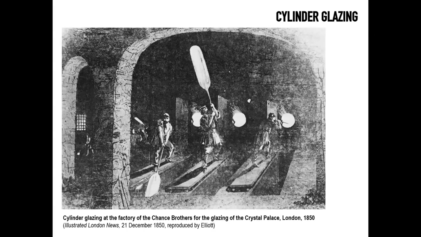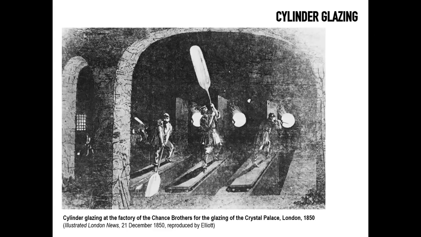However, the mastery of cylinder glazing became renowned because of its application in a building that we'll discover soon in the next presentation, which is the Crystal Palace of London, used for the famous exhibition in London in 1851. Now, the cylinder glass used for the Crystal Palace was produced in England. However, the factory that produced it, the Chance brothers, borrowed the technique by drawing on expertise coming from France. However, the Chance brothers improved the system by turning it